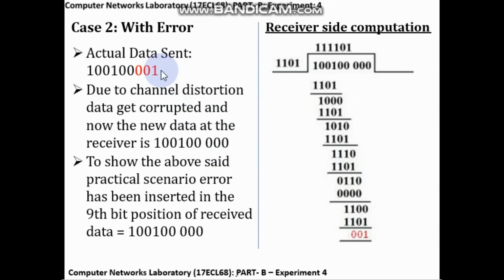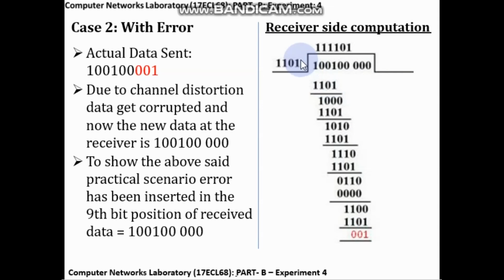So one bit 1 changes to 0 and there will be an error, and according to CRC calculation we should get some remainder, and it will indicate that the data transmitted by the sender is in error when it comes to the receiver.